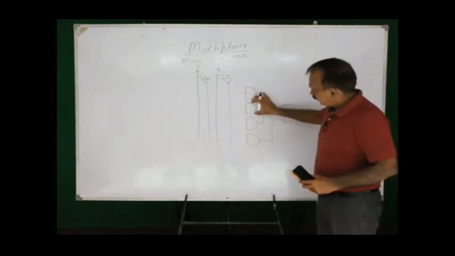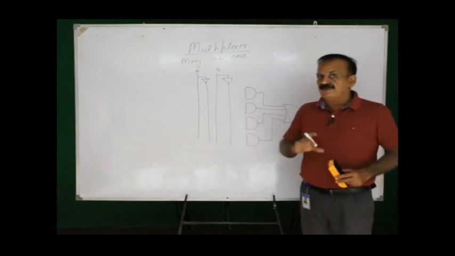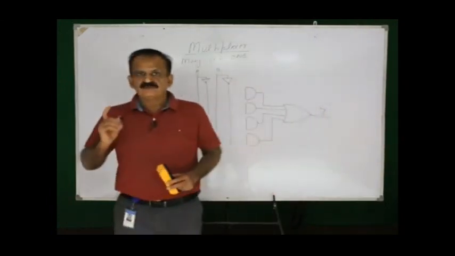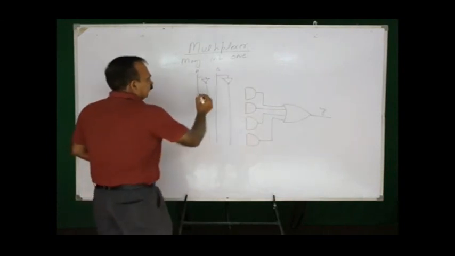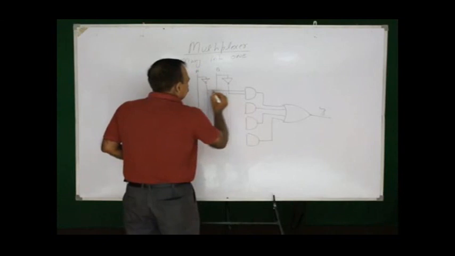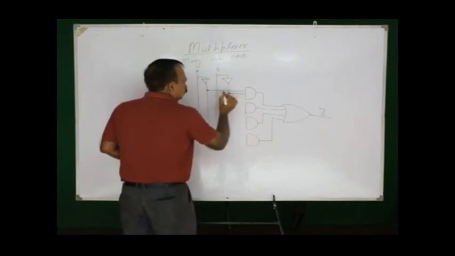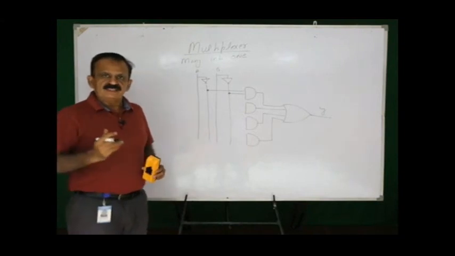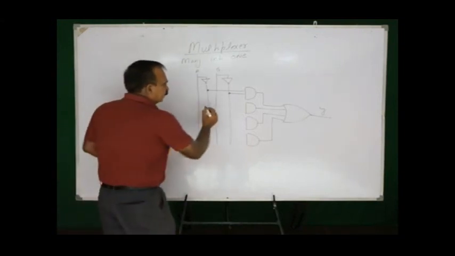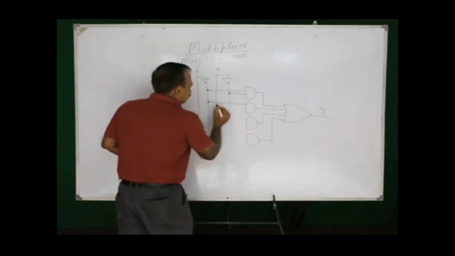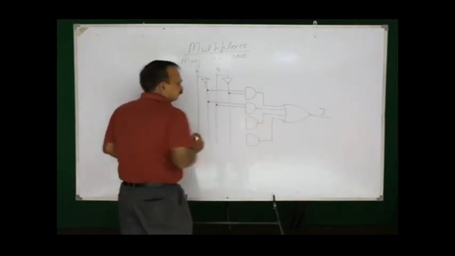I will be connecting these gates as per the fundamental product of these 2 inputs. Like the first one is 0 0. The fundamental product will be A bar and B bar. Yes, for 0 0 this will be A bar and B bar. The next one is 0 1. The fundamental product will be A bar and B. This is A bar and B.